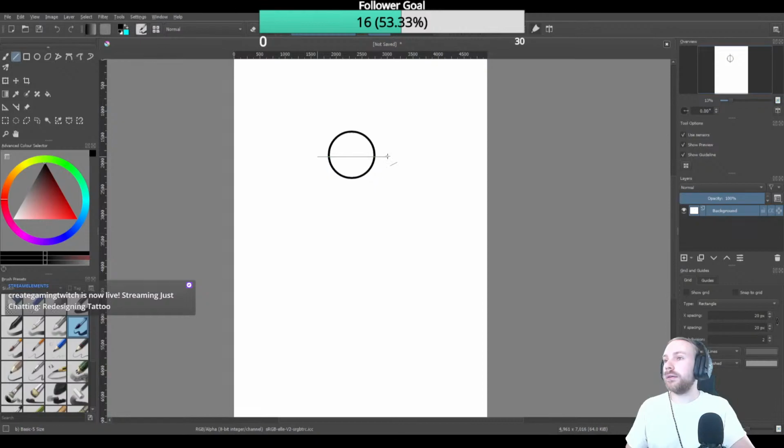Too high. That's closer. Yeah, that's close enough. Okay. So, we are going to have a windmill as one of the main features of the tattoo. And aside from the windmill,